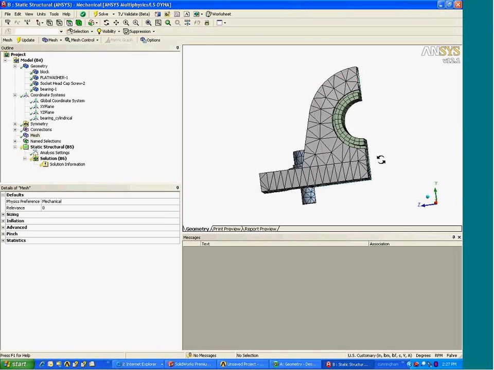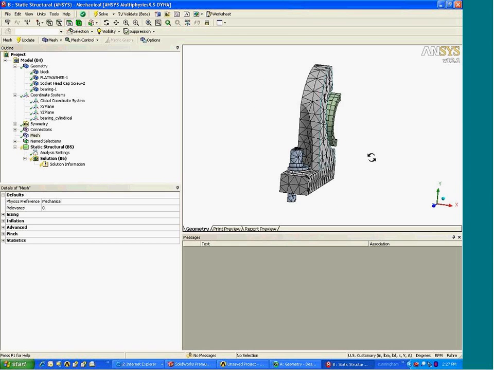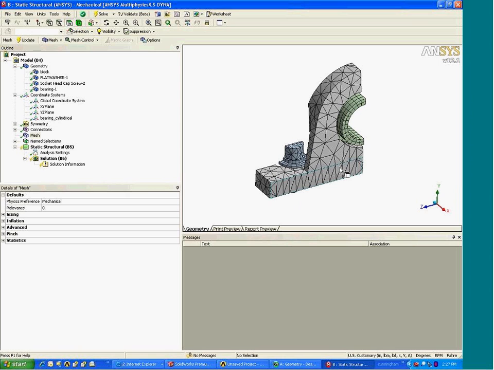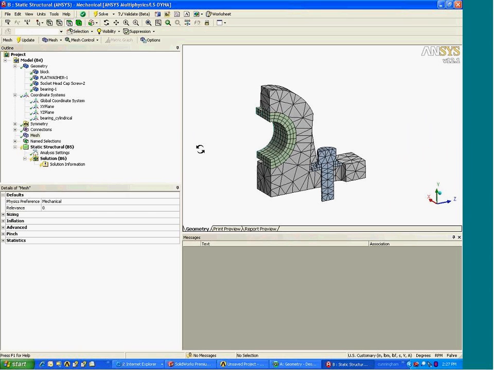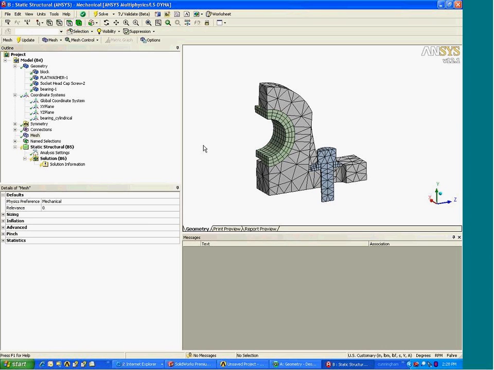Now, the Workbench environment will always create for you a default mesh. It has some basic settings that give you a good starting point. Very often, what you'd like to do is start out with that initial mesh, put some boundary conditions and some loads on your part, and get an initial solution, taking a look at only the deformation results. Make sure that your deformation results and that your reaction forces are matching your applied load, and once you're satisfied